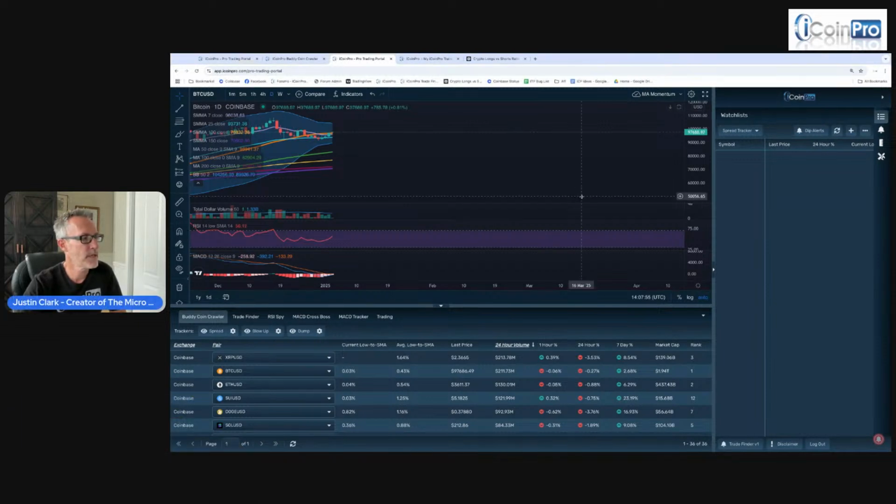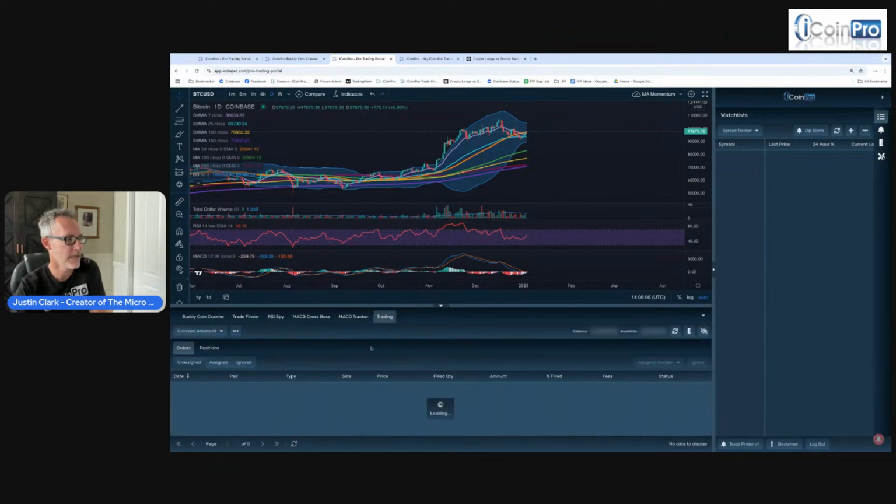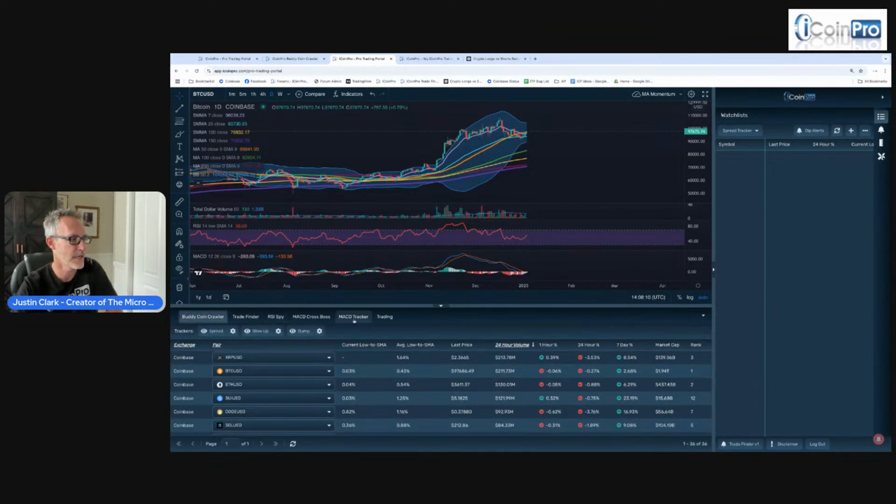All right. So what I'm going to do is load up this charts layout. What we're looking at, for those who don't know, is the iCoinPro trading portal. This is our own custom trading software. It has everything that you need to be able to trade these crazy crypto markets. It tracks all your trades. It has all the software to find the good trades, and pushes everything right to your mobile phone in real time, so that when something is happening, we know the instant it's happening. It comes straight to our mobile devices immediately.